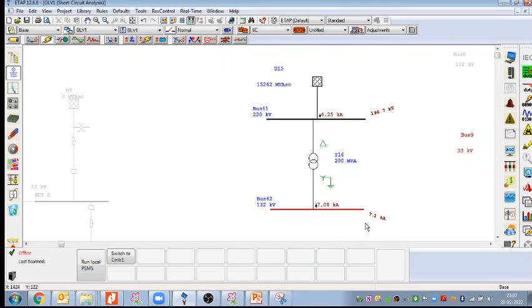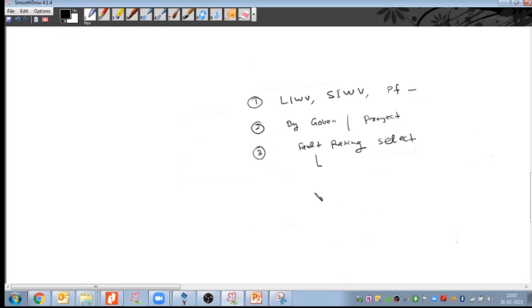So in 30 or 40 years, whatever equipment I have taken should withstand the fault current ratings. That is why I'm not going with the calculation of 7.1 kilo ampere, I'm going with 40 kilo ampere. Is that clear? So we discussed here the fault rating selection, and we will not go with the calculation, we will go with the grid regulations, considering the next 30 or 35 years